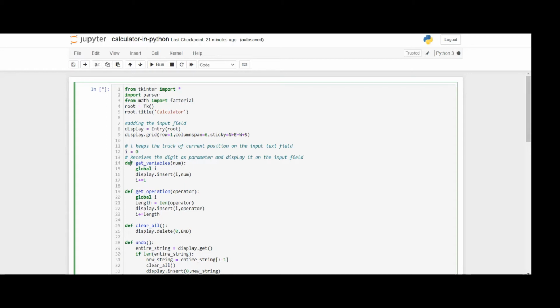Guys, if you are a new learner or a beginner, you first have to know what a function is. If you don't know, please go through the description section, where I give you the link for the Python tutorial.